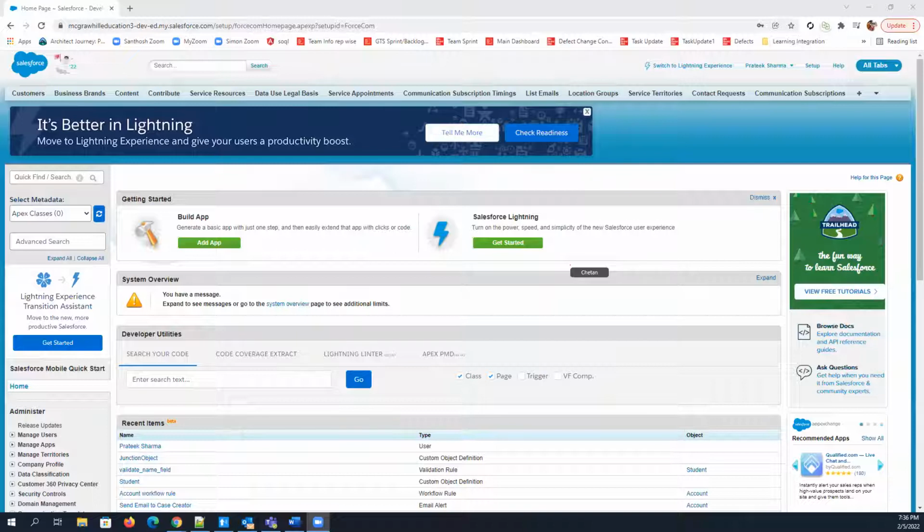So today we are going to talk about validation rule. What is a validation rule? So guys, every time we fill our form to submit any record data or anything, the form should validate our data, right? Let's say if we are mentioning a phone number or email ID or anything, the data should be validated by the form itself, and we use validation rule for the same thing, right?